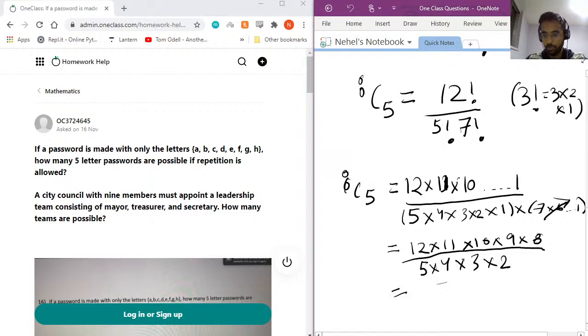So now if we were to solve for this, we would get, let me just quickly punch these numbers into my calculator. 12 times 11 times 10 times 9 times 8 divided by 5 times 4 times 3 times 2. Okay, so the final answer we get in this case is 792,